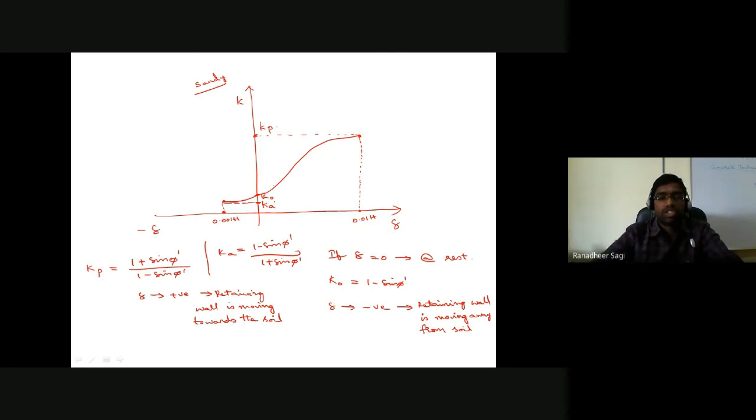With this, we'll stop our discussion for today, and in our next class, we'll start understanding how to derive the expressions for Ka and Kp, which we have directly given here. Whatever we have been talking about for now is only for purely cohesionless soil. In case the soil has not only the phi value but both C and phi parameters, then how do we understand the relation between horizontal effective stress and vertical effective stress, which we will talk about in our subsequent classes.